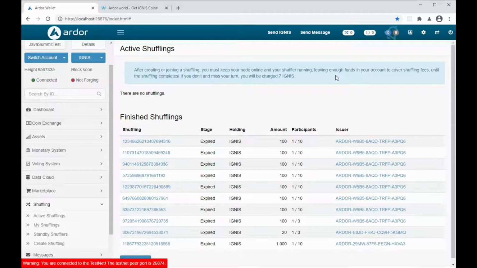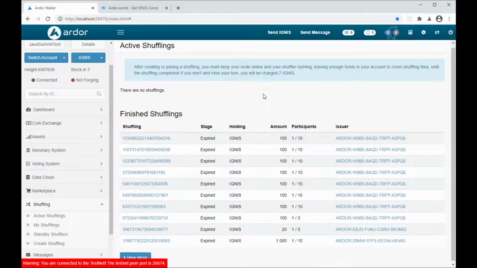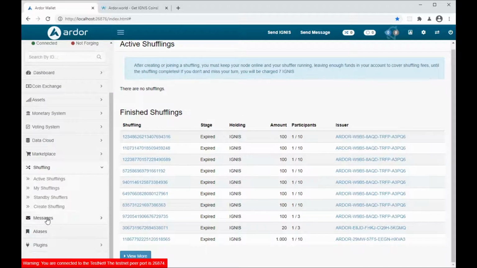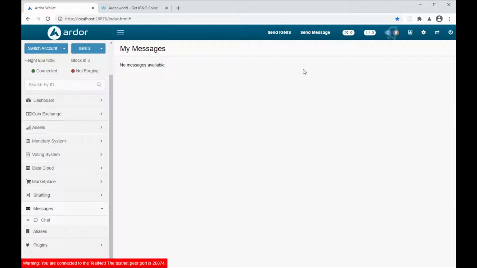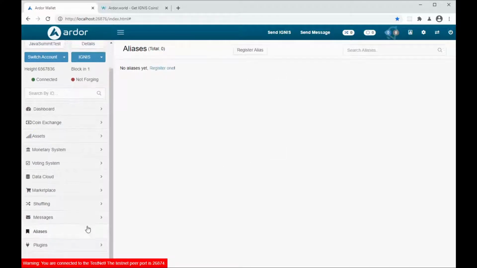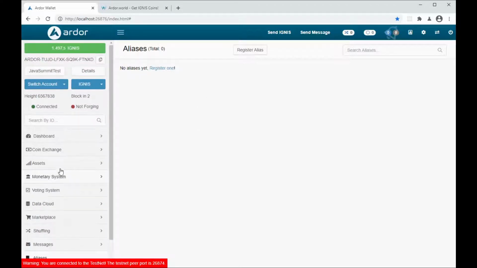So it's into a new account without linking to the source account. And also you have messages. You can send messages between accounts, and aliases, which are like some kind of DNS built into the blockchain, so you can have a global identifier on the blockchain associated to any text or account, for example.